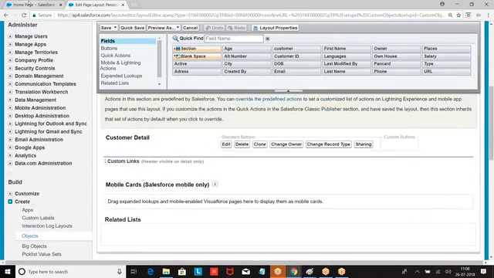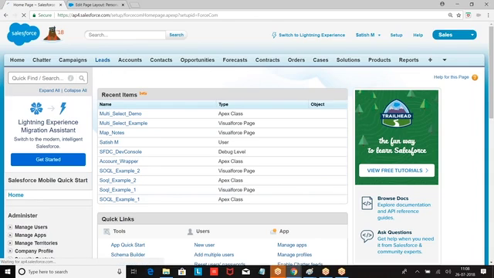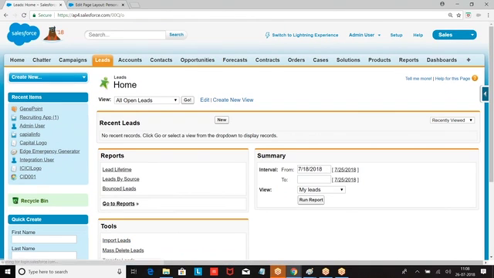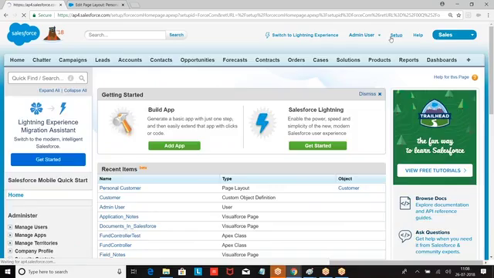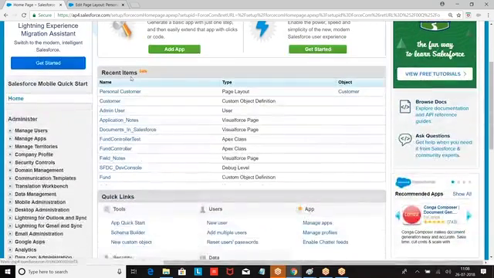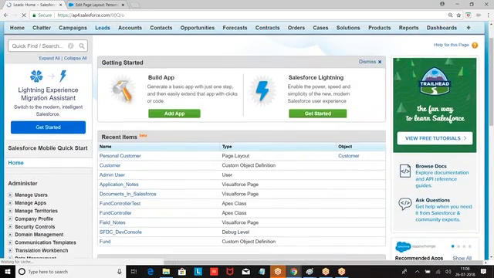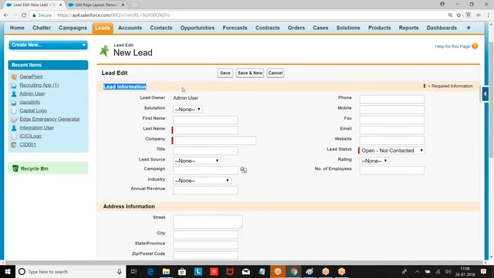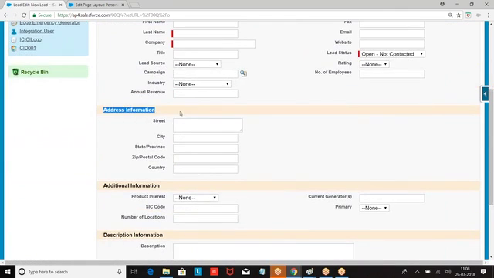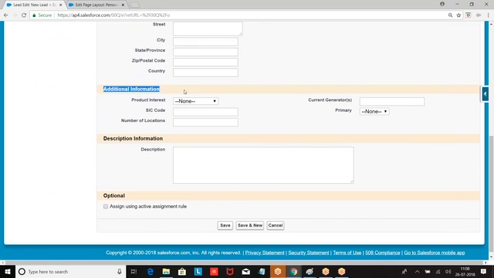First, we are supposed to create a section. What is that section? When you click on New, what was this? Lead information, address information, additional information.